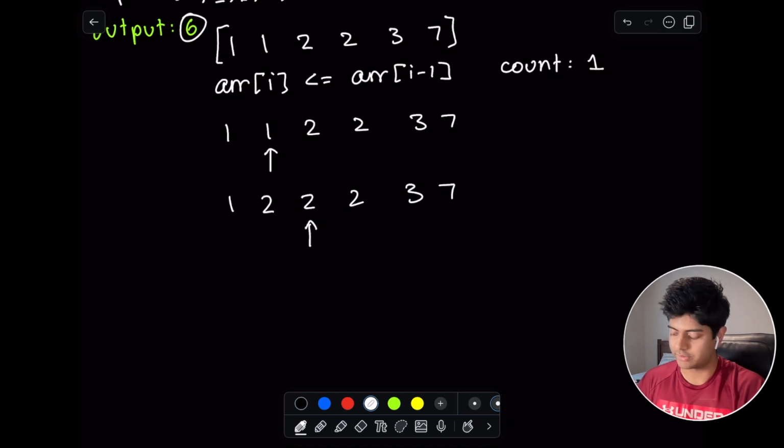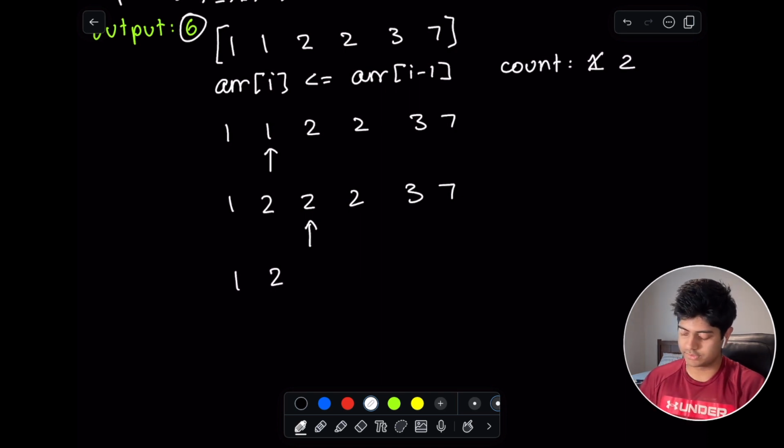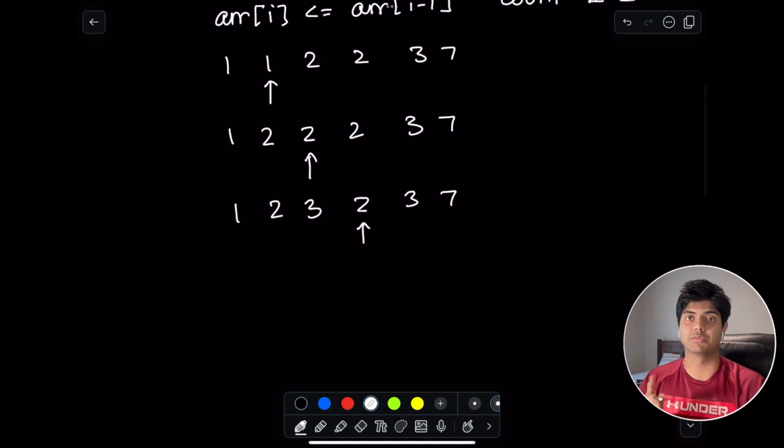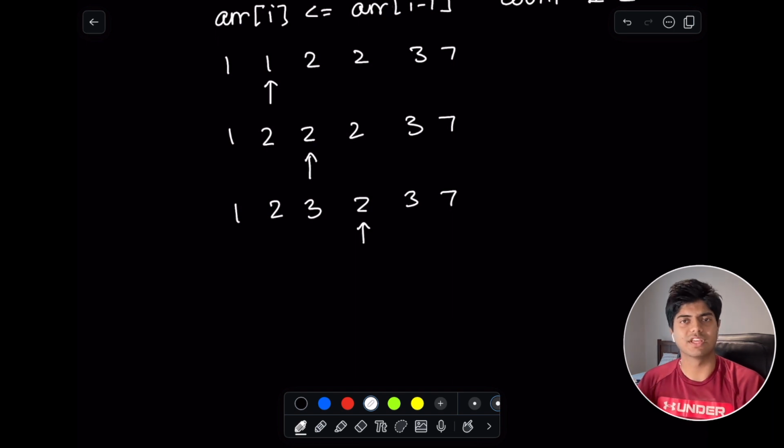Is this also true? Yeah, we're going to increment again, right? So 1, 2, 3, 2, 3, 7. Then we move here, and then yeah, this is actually now less than. That's why we have the less than. We don't just have equal because we're going to be increasing these elements, and we're not sorting every time we increase, right? So we're going to make sure that if it's never actually in sorted order, we want to increment